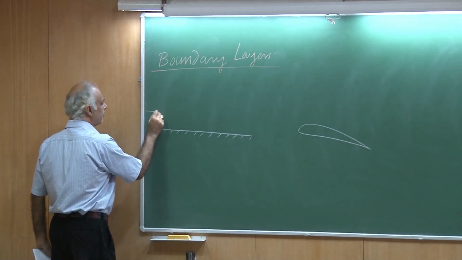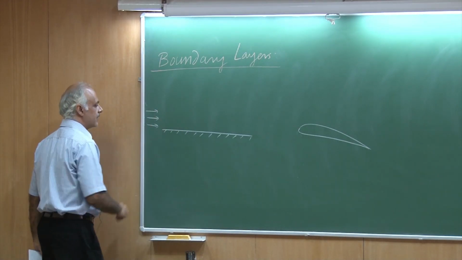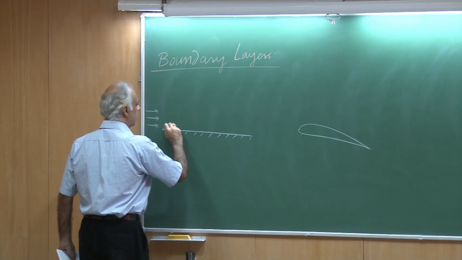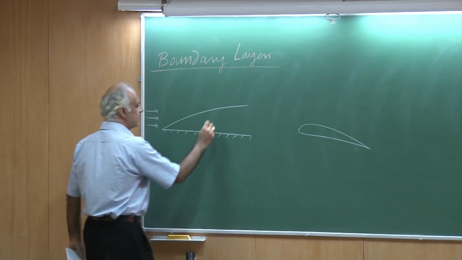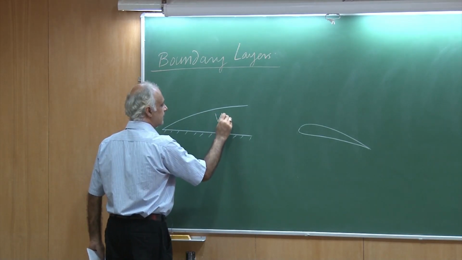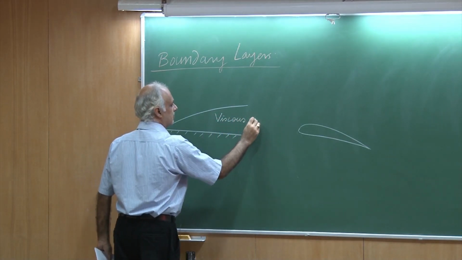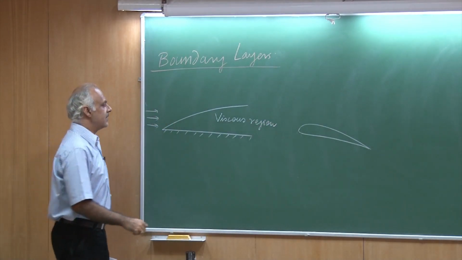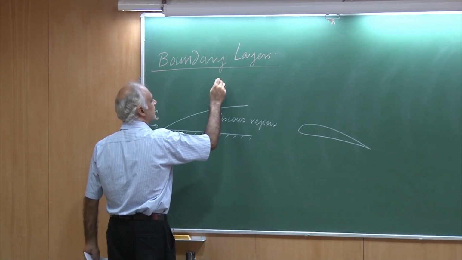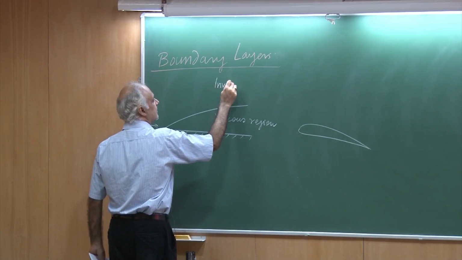So this is a uniform flow coming into the flat plate, and then I could get a boundary layer, right? So this region is the viscous region, if the Reynolds number is fairly high,